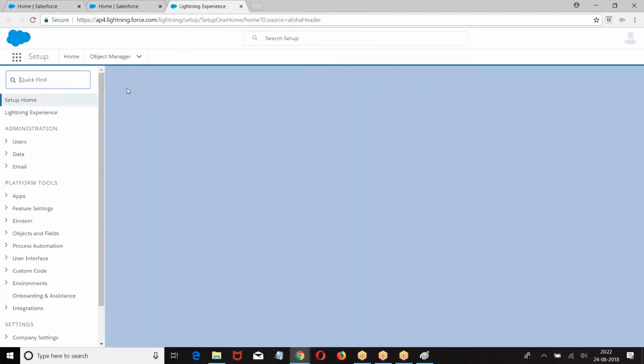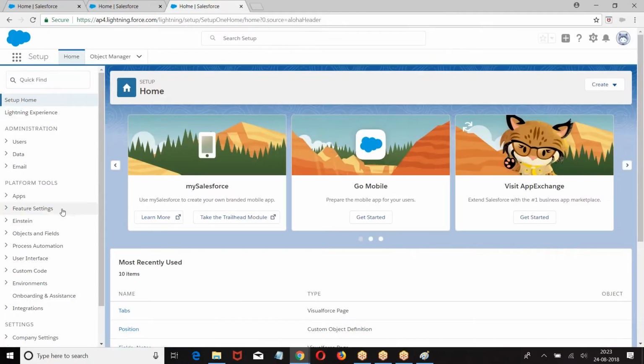When you go to Object Manager, you're finding the schema builder here. All right, boss. Okay. Let us go to the next one. We are trying to understand the next concept: fields. Look at the field.